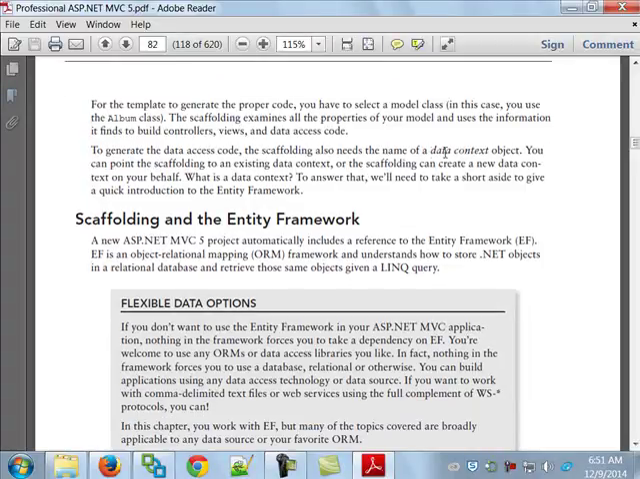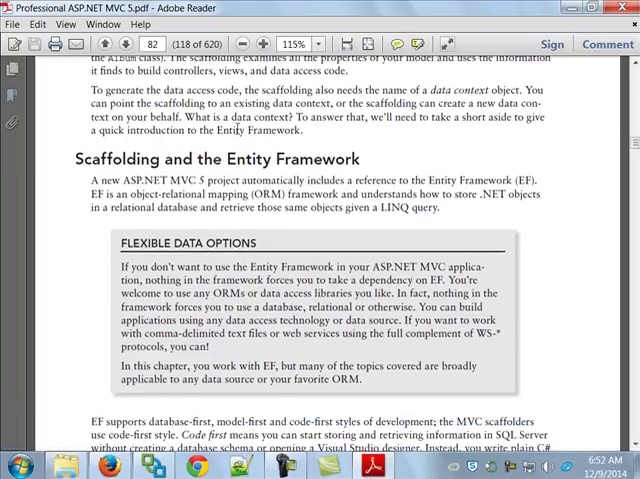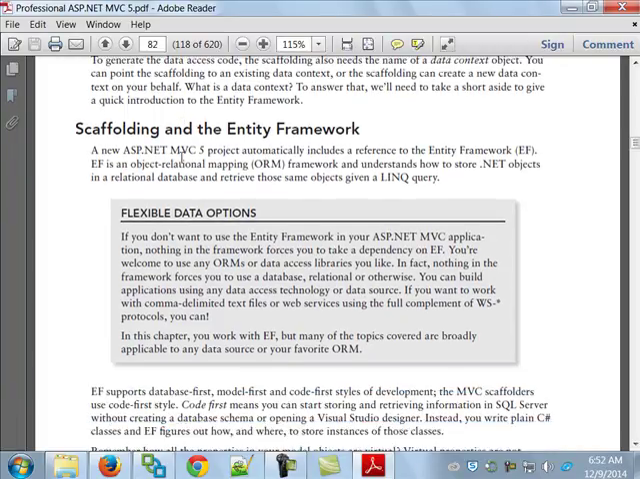It also needs, as it says there, the name of a data context object here on page 82. It says you can point the scaffolding to an existing data context object, or you can have it create one for you. What is it? As it says, they need to take a short aside and talk about the Entity Framework,